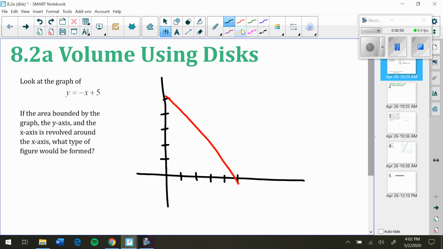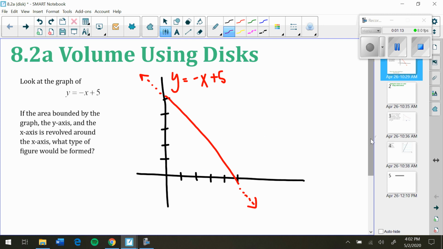And of course, we know that this line goes on forever and ever in both directions, but for right now, we are going to focus on just this piece of this line, right? This is the line y is equal to negative x plus 5. All right, then it says, if the area bounded by the graph, okay, so this, the y-axis, this, the x-axis,